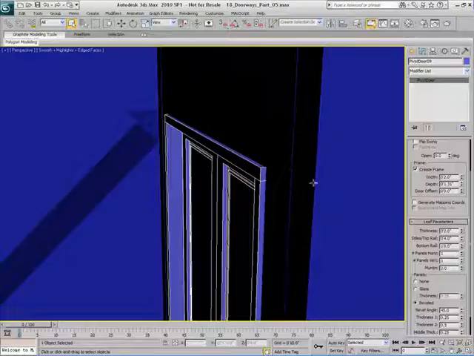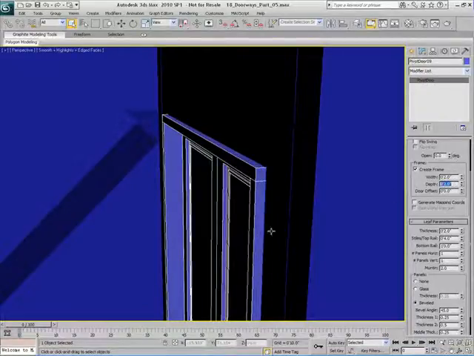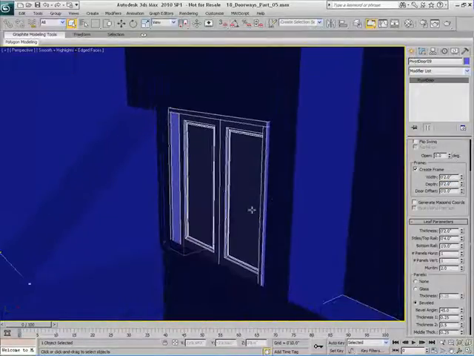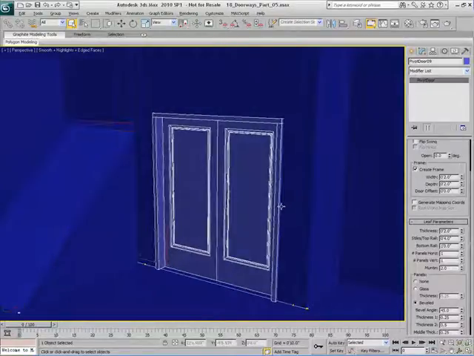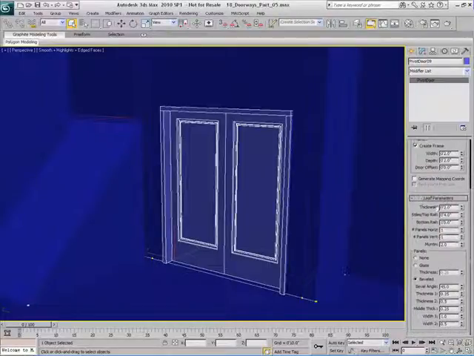And we can see the frame kind of sticking out of the wall a little bit. So what I'm going to do is I'm going to come in here and make this 2 inches. There we go. So that's pretty good. So it's a pretty large door frame, which is good. It's the entrance, the main entrance to the house. So it's perfectly fine. And if we scroll down here to the leaf parameters in the command panel, we can